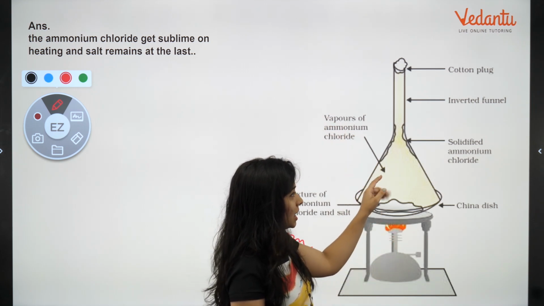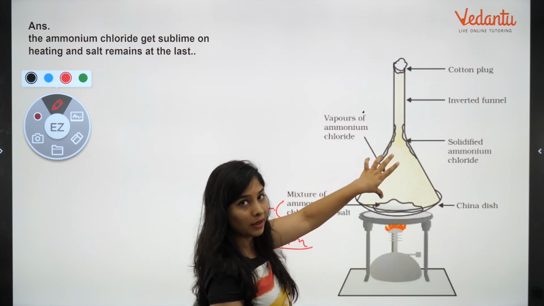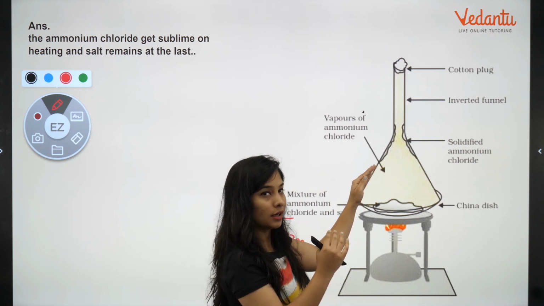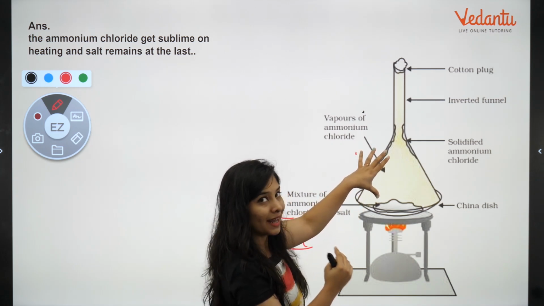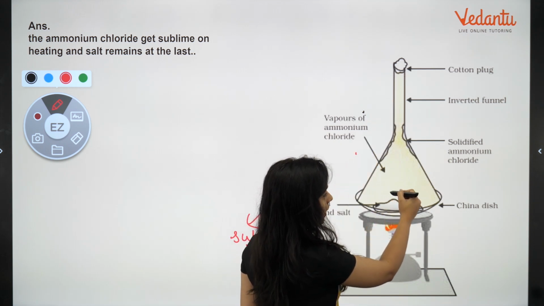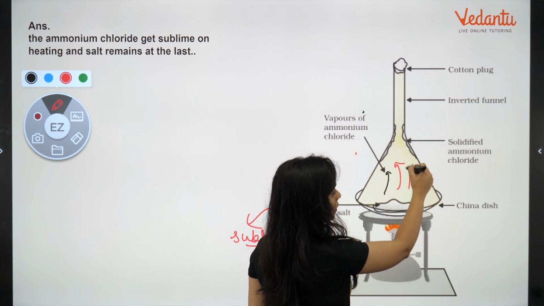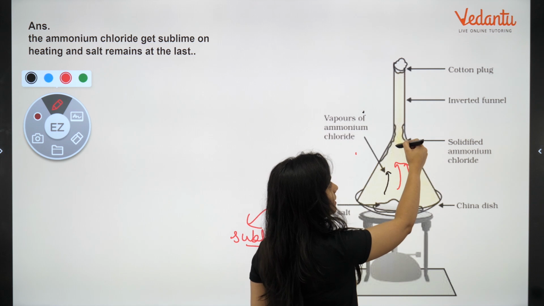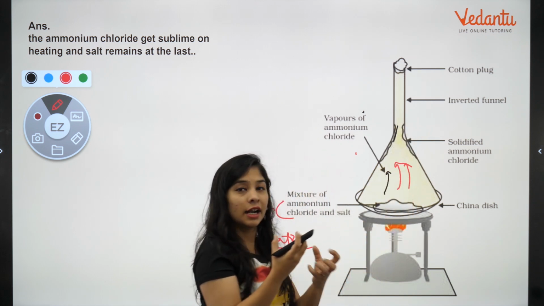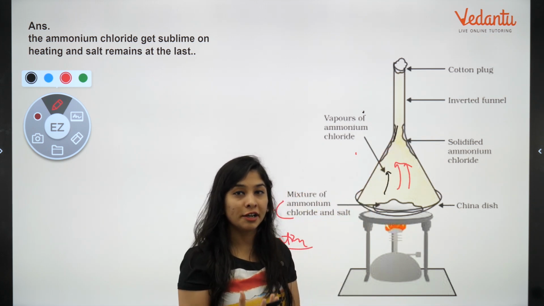So when you are heating it, this part of the funnel is comparatively cold as compared to this part, because heat का difference, heat will transfer, but that will take a time, no? So this part is comparatively hot. This is less hot. So when these particles, if you have seen, these particles are rising. किसके particles? Ammonium chloride के, and these are rising. And when they come to this part, suddenly they condense and will settle down here. Okay, settle down means solidify.